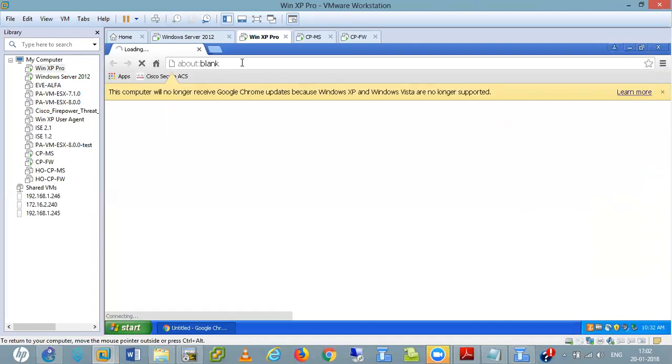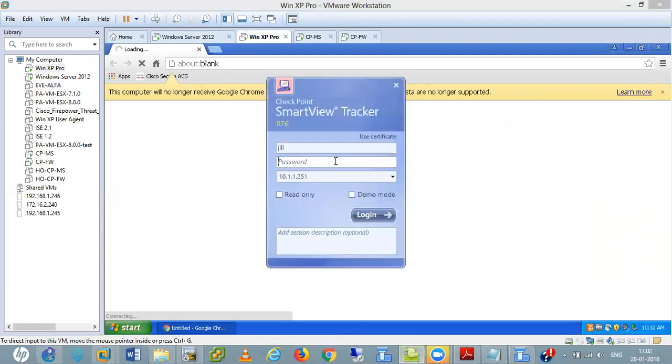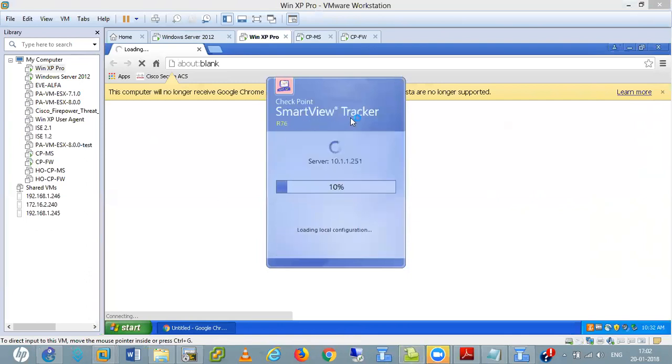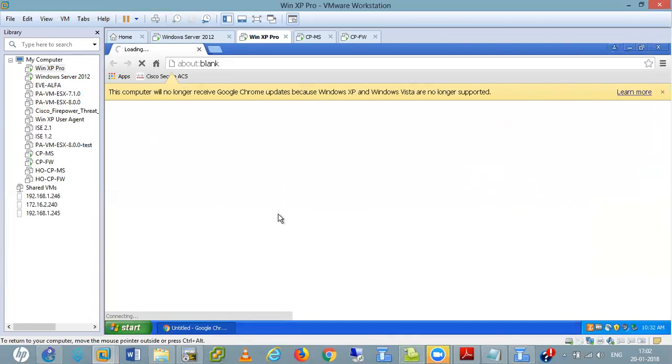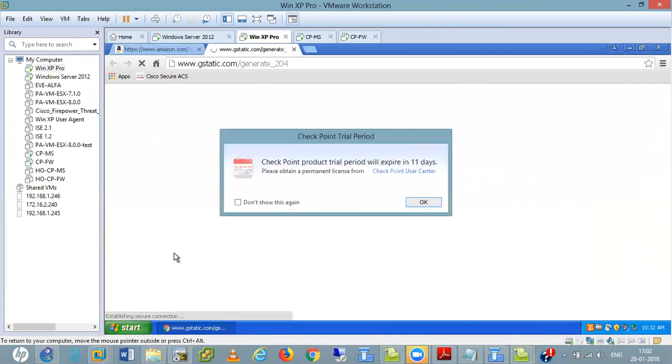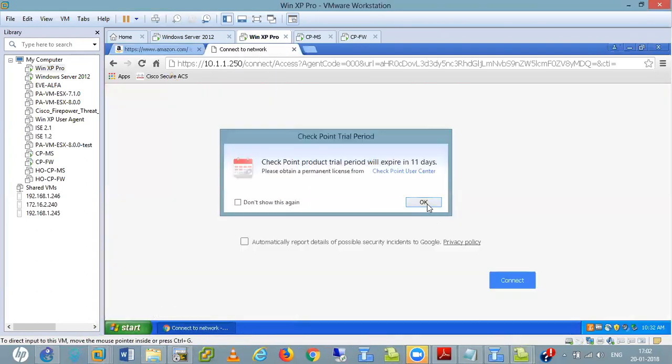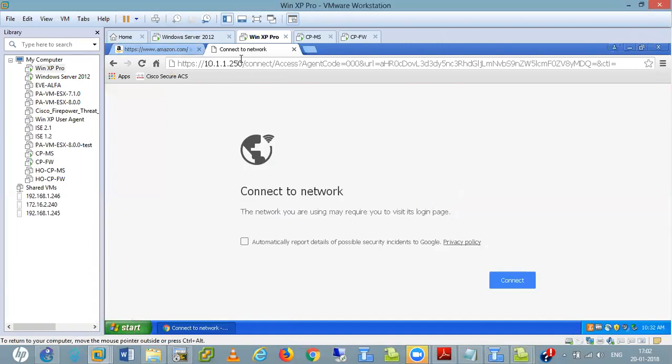Let me open this one also. It takes a little bit of time. See, I am being redirected towards this one, 10.1.1, towards Cyber Connect.